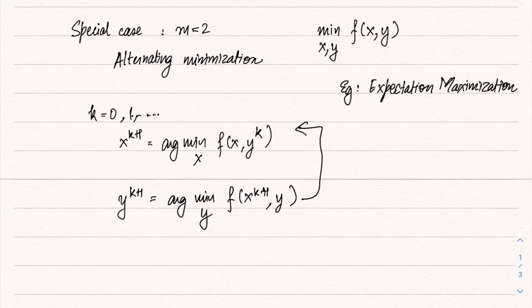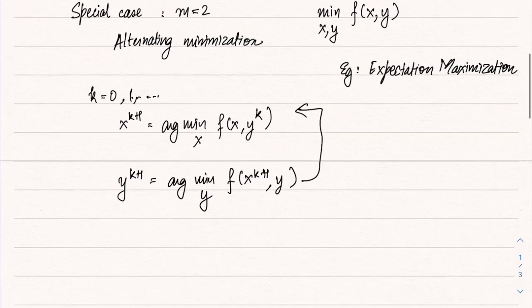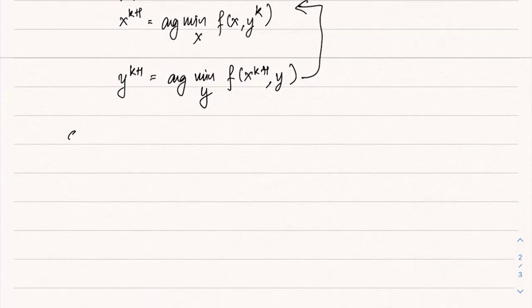Expectation maximization is a very popular example of this in the context of learning theory. I will not cover expectation maximization because that is out of scope, but it is widely used in the context of Bayesian optimization and a lot of various areas. It is particularly popular in the context of probabilistic learning. And I can give another concrete example of this, that is the non-negative matrix factorization.